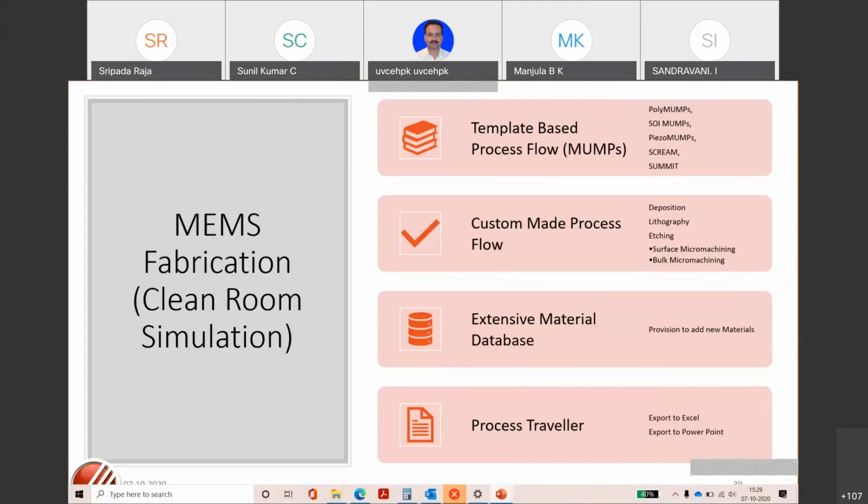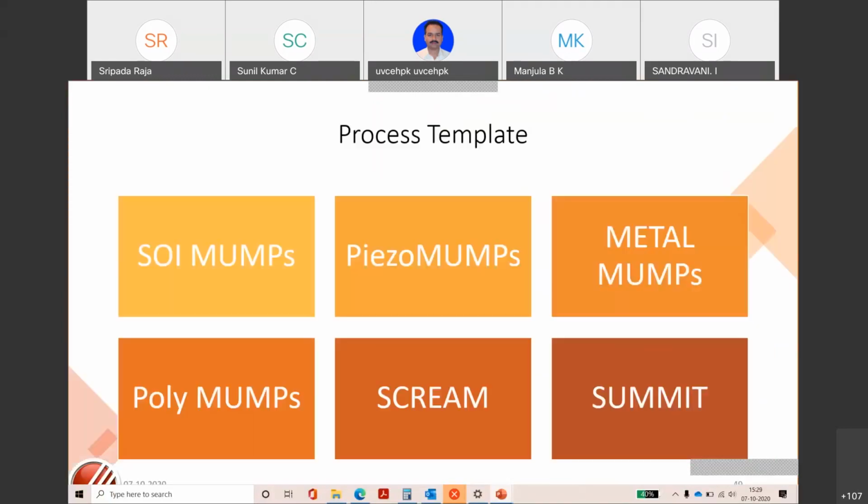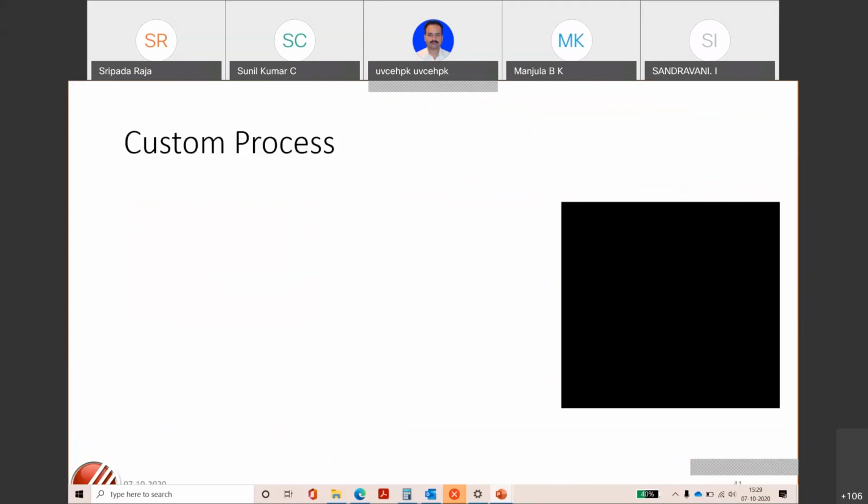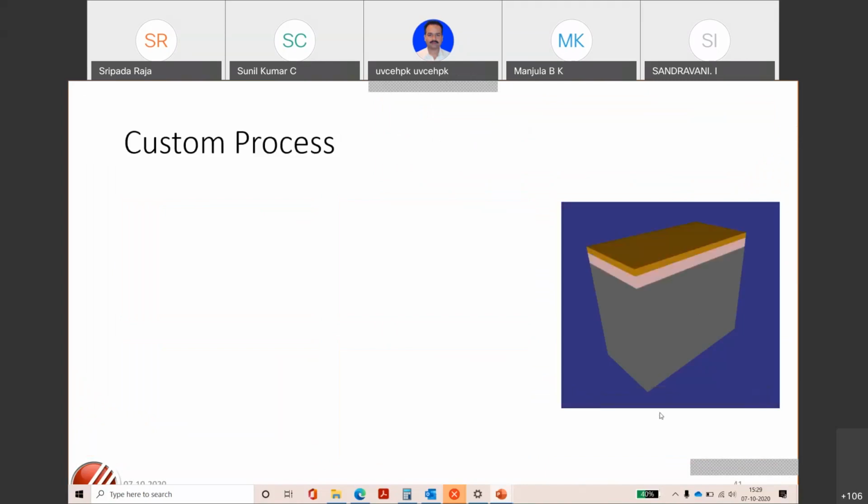So that repeatability, when it comes, the price always comes down. We have an extensive material database and we have the process traveler as well. So these are the standard MUMPS processes available. The custom made process goes like this. So this is the process. What you are seeing is from